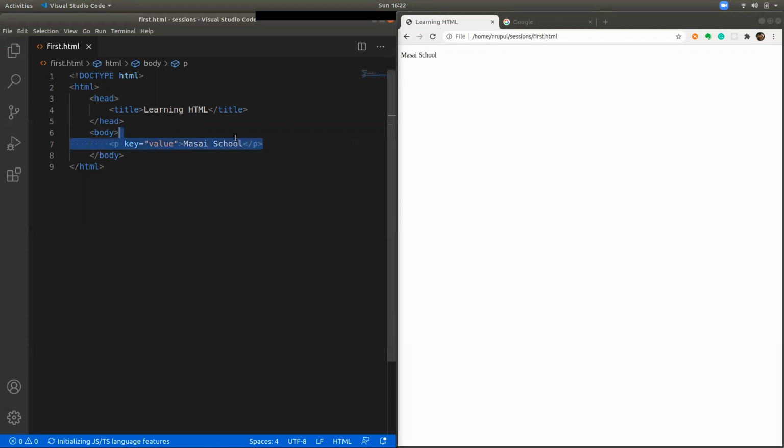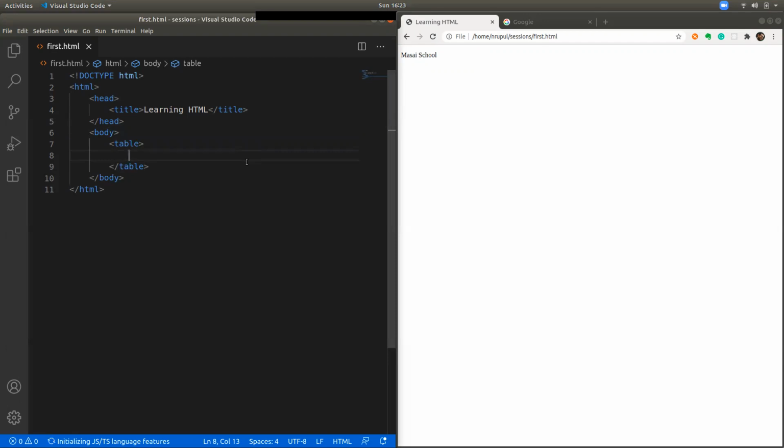Now, the next set of things we are going to look at are called tables. You are very familiar with tables. Whenever you open an Excel, you see a big set of tables. The one thing you need to understand is HTML also provides you the ability to put tables on web pages. Let's see how to put it. The tag for the table is table. So I'm putting the opening and the closing tag.